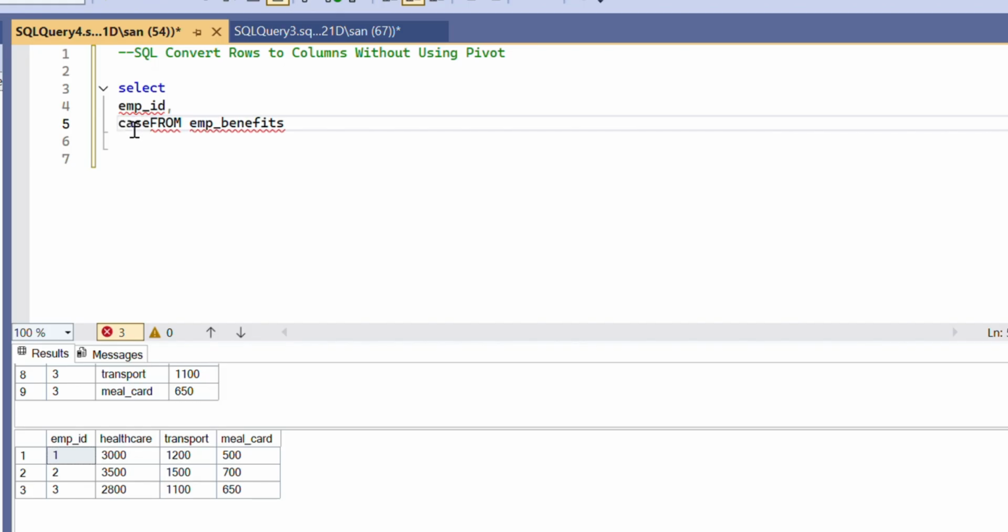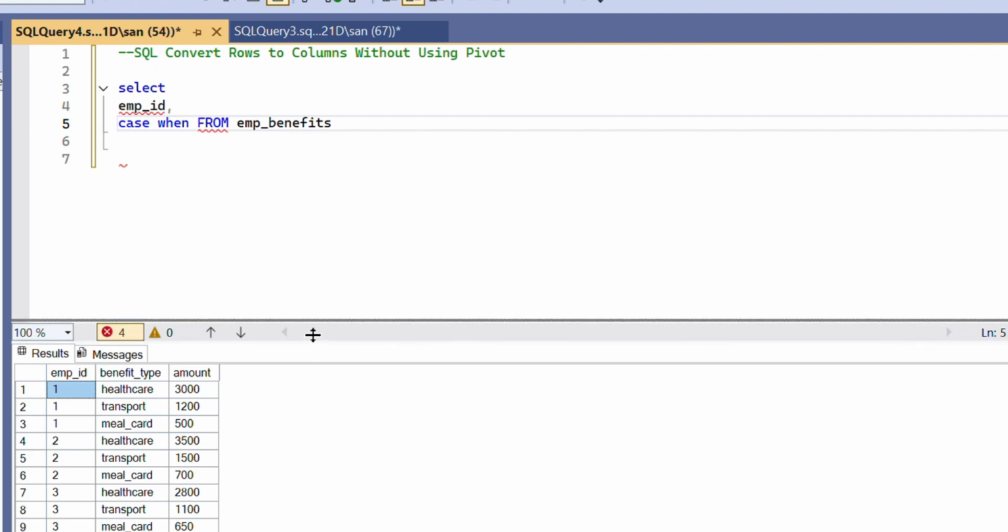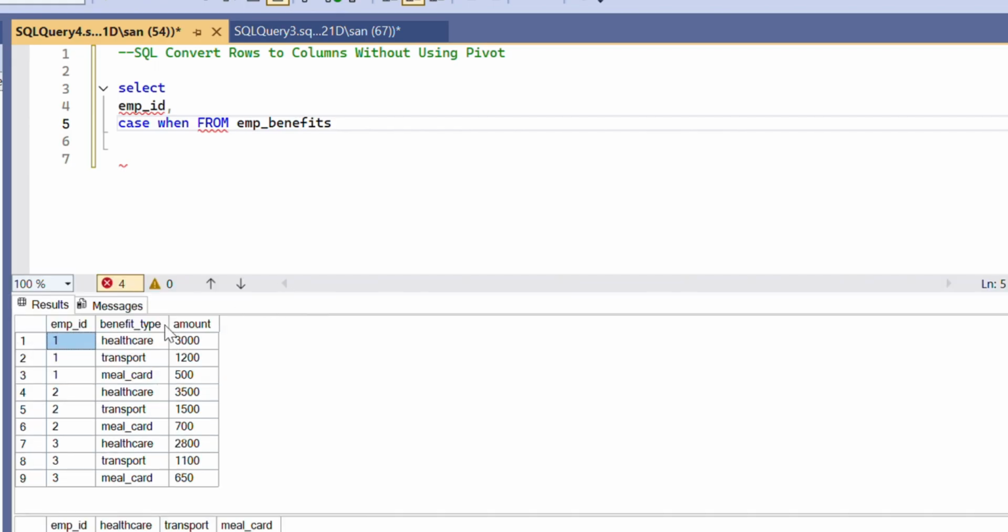Let's use case when the benefit type equals healthcare,